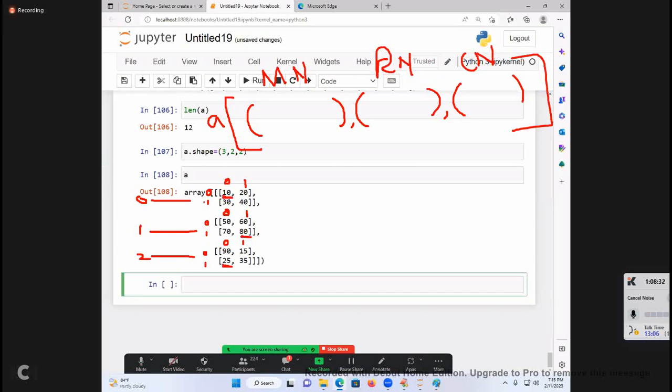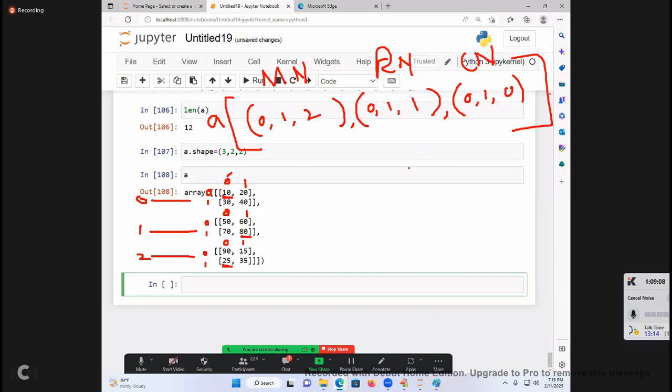So 10 is present in which matrix? 0. 80 present in which matrix? 1. Okay. 25 present in which matrix? Okay. 10 is present in 0, 80 present in 1, 25 present in 0.